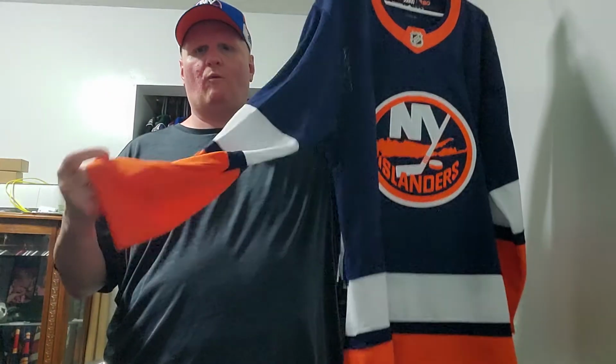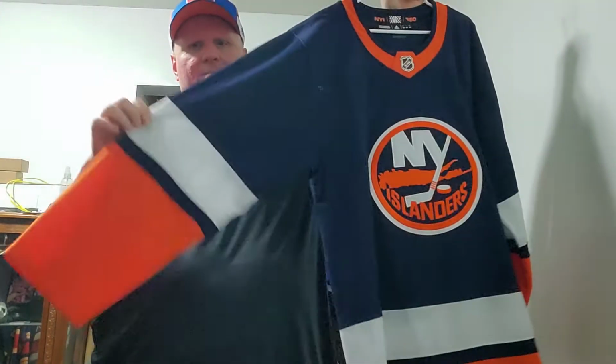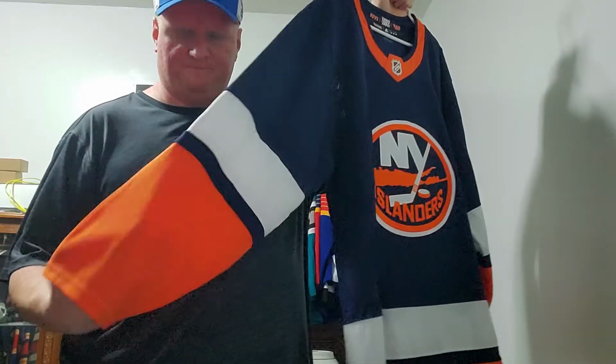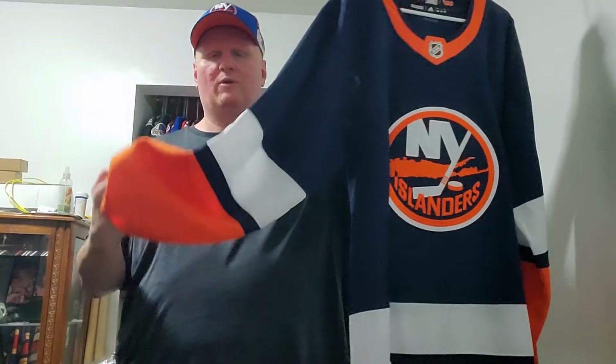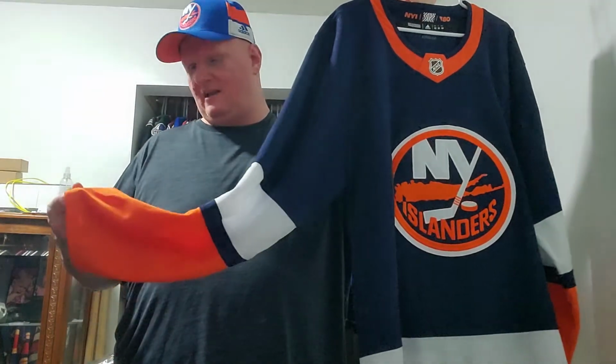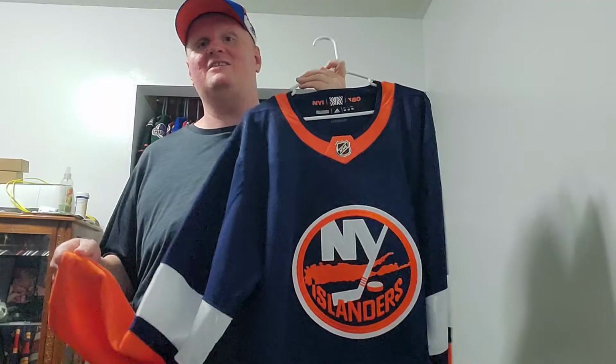Honestly, in my opinion, I like that better, because when the white is on the bottom, like when you put your hands down and all that, after a while, your skin has natural oils and stuff like that. And when it's white down at the bottom, and it's the same for down here, it starts getting dirty, and you can notice it really easily on white. And I noticed